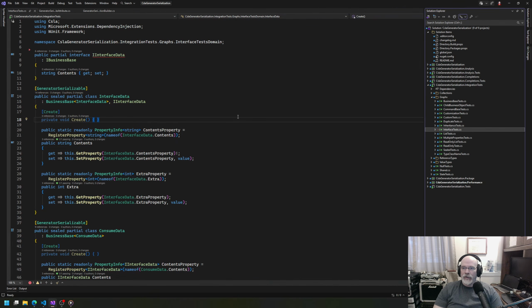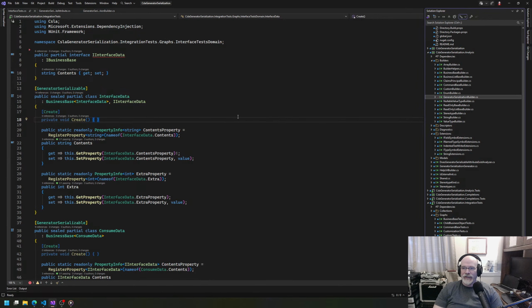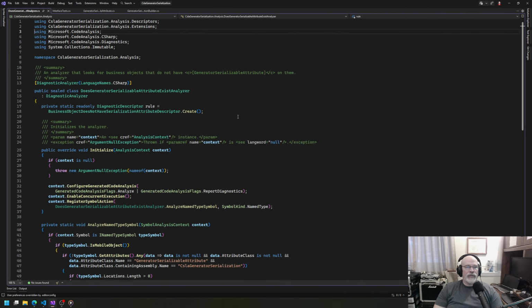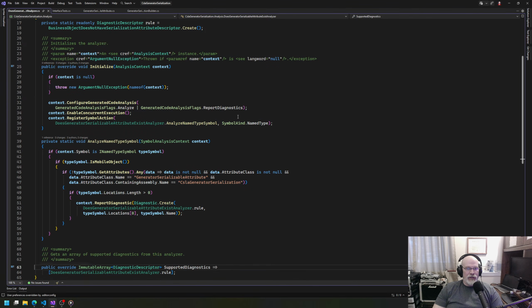Okay. So, I know. This always is the way it goes, right? So this analyzer is looking at your code, saying, hey, if you have a business object that derives from my mobile object, you should put that attribute on it, because then your code just gets a one and done update with the code fix to get all the attributes on them. But what we should be doing here is saying